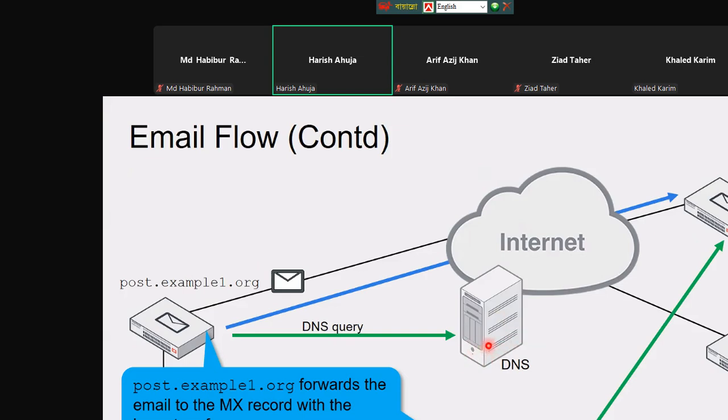Now my DNS server has an MX record. And how does this DNS server get a record? Same thing we do for HTTP, where we do a lookup to the root servers and then do a recursive lookup to the top level domain, and from that top level domain it sends us to the authoritative DNS server for any organization. This topology is missing something, maybe I could put another DNS server here, which is basically for example3.com. Basically, finally